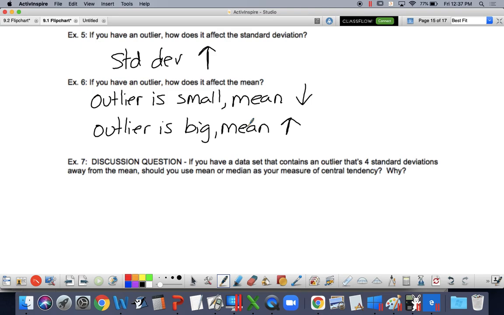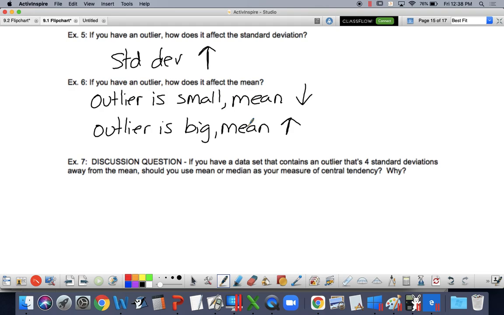So I know in mathematics we always have these rules, right? And I've been telling you rules all year long. With exponents, this is what we do. We keep the base, subtract our exponents. There are all these rules. Unfortunately, when it comes to statistics, there's never one rule of thumb. You talk to one statistician and they do it one way. You talk to another statistician and they do it a different way. It's quite annoying, right? This is why sometimes the data that you read in news articles, you have to question. Even when Mr. Olson runs his stats for the baseball team, if he uses median versus mean, it could tell a completely different story. So, if you have a data set that contains an outlier that's 4 standard deviations away from the mean.